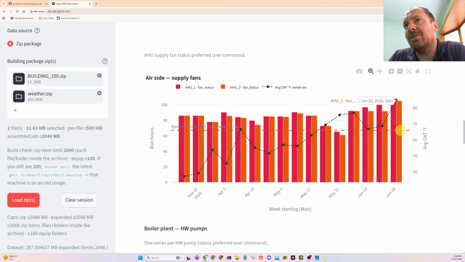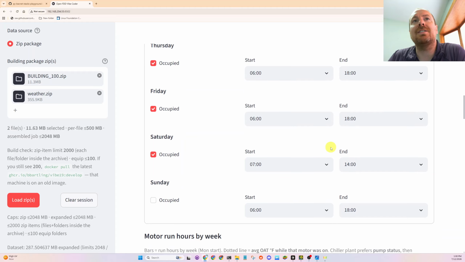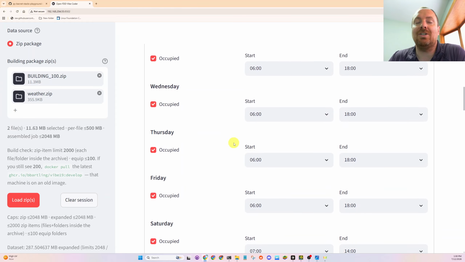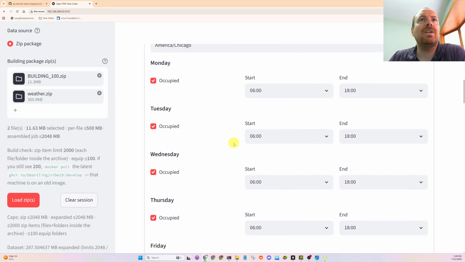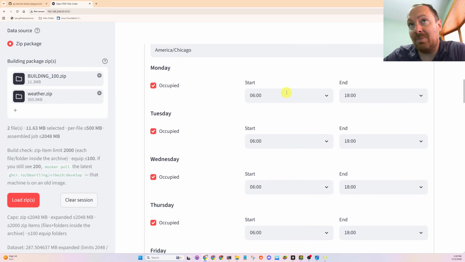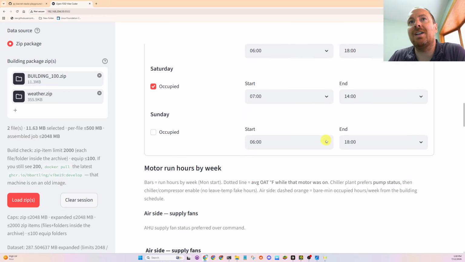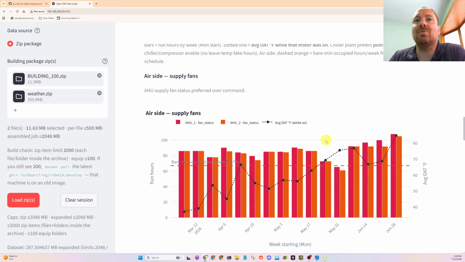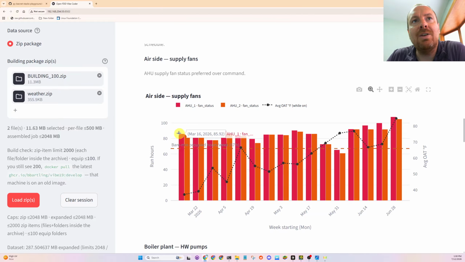When it's mild outside, we should be at that bare minimum, minimally running the equipment. So the most ideal thing, which never ever happens, I never see this in the real world, because this is really hard to do, is if you would actually configure the building automation system to be 6 a.m. to 5 Monday through Friday, just leave it. And then if there were working optimal start algorithms, it would be optimizing this extra runtime